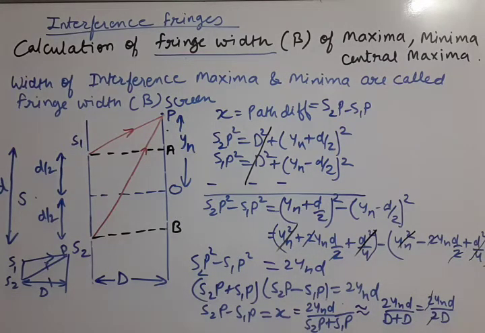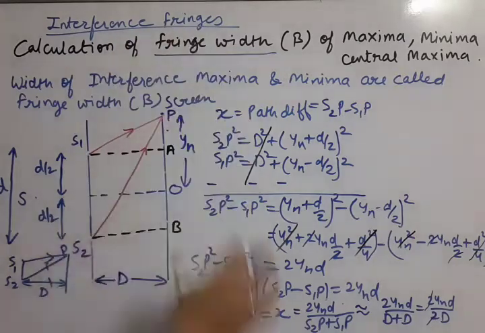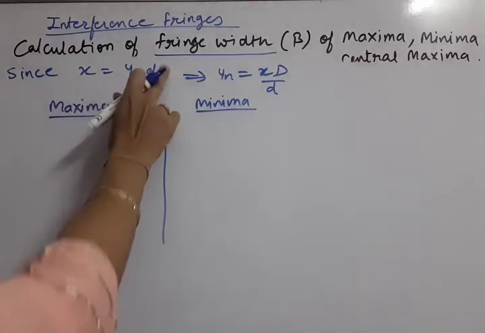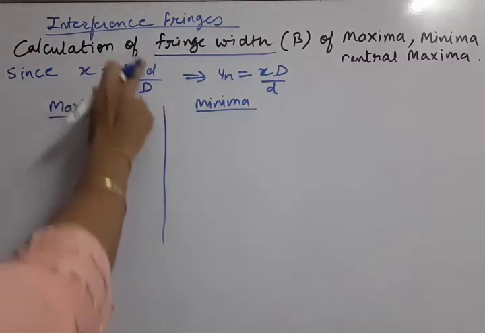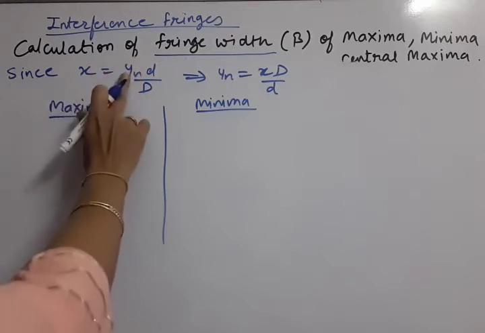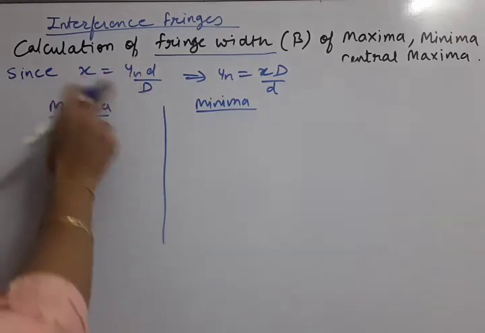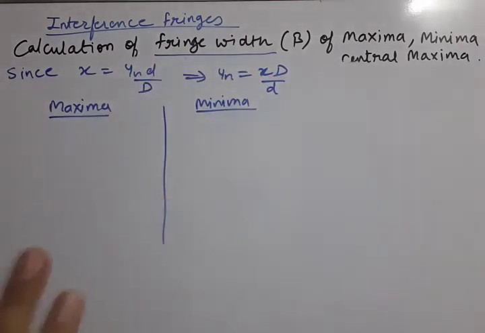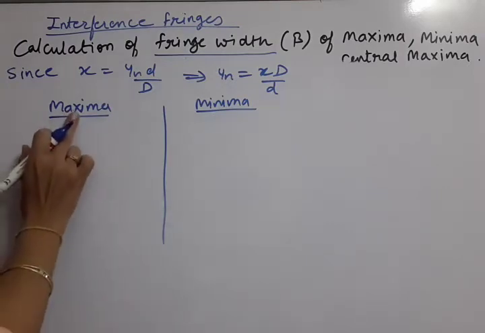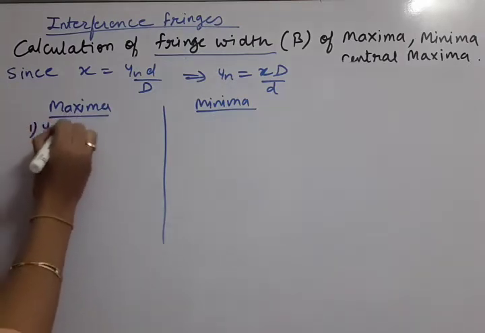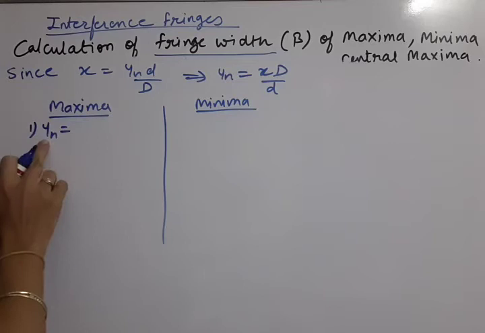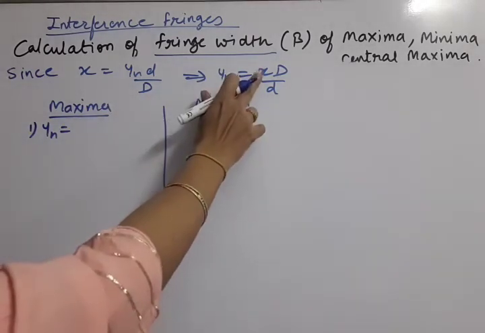Now we are proceeding to the further calculation. How will we calculate fringe width? So note down all this. The path difference x was obtained as yn small d upon capital D. So this way, yn, meaning the displacement of any nth fringe on the screen, will become x capital D upon small d. Now why have we arranged it in this formula? Because we already know the path differences for maxima and minima. So if we want the displacement of any bright fringe, that means maxima, then we have to put x, that is the path difference.